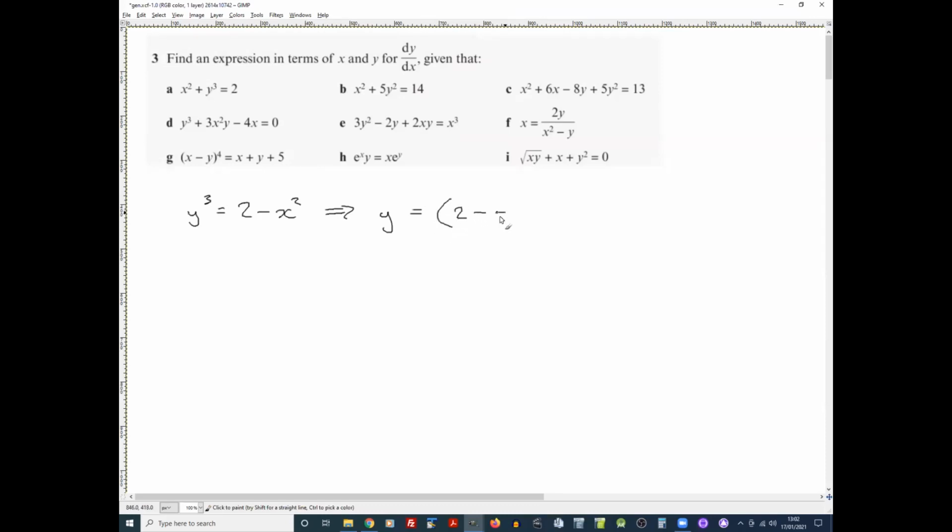Which we could write as 2 minus x squared all to the power of a third. And then we could find dy/dx by using the chain rule. And that would be what? So we'd say this is the same as